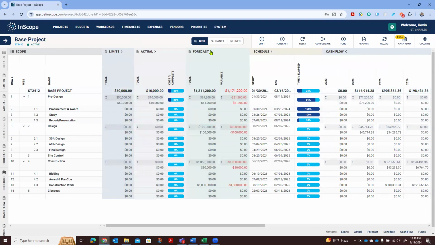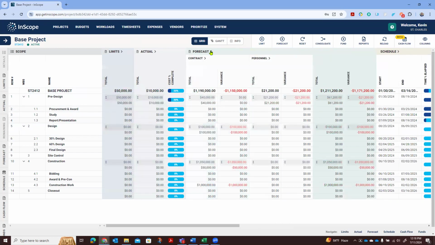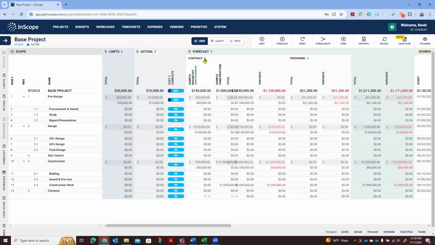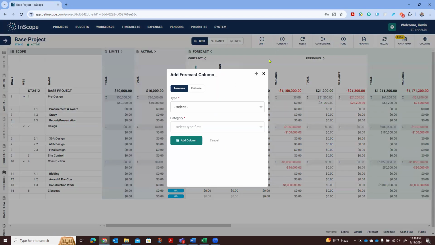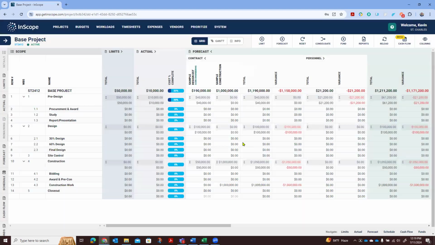Not really too interested in that today though, because I'm really wanting to think about the forecast, because I'm forecasting future costs. I've got some costs that are contracted, but I also have future costs for design services and construction services, and I also have a construction estimate here. So these are all my cost forecasts, and that's what I've done here. I've gone to my forecast and I've added estimates, and I've built out my plan for what I plan on spending money on in the future. These are my anticipated costs.